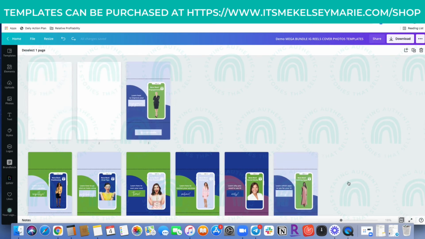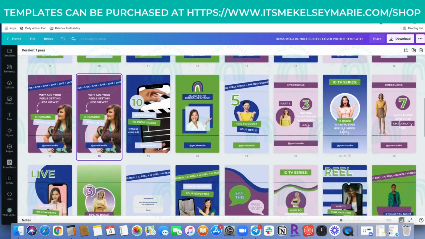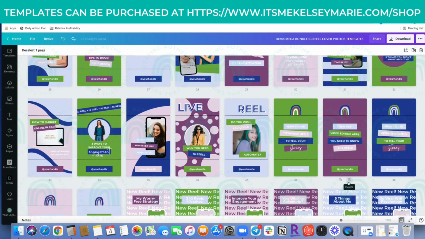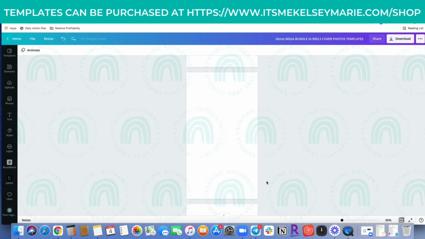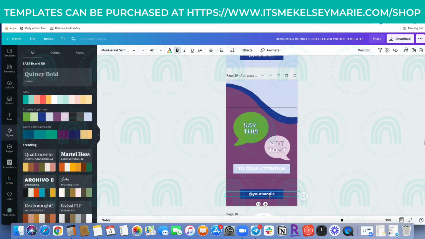Let's see. So we've got the colors customized. You would customize the text. Oh yeah, next thing is you're going to add your handle. And you can do that by double clicking. I'm going to type Crunchy Supermom,